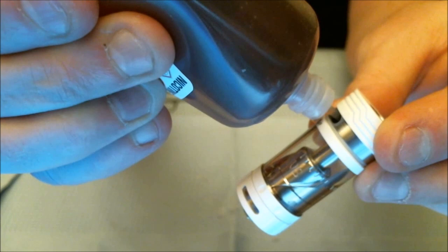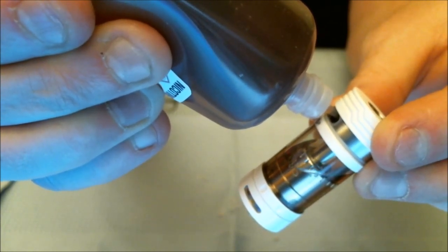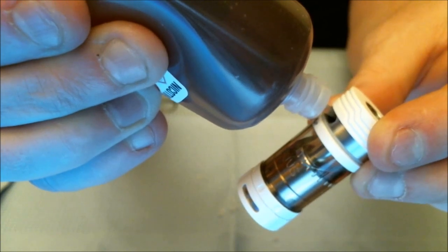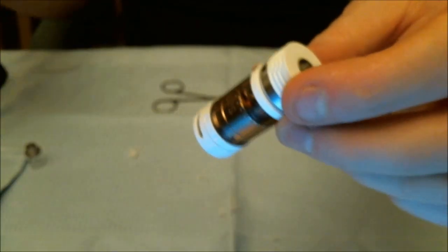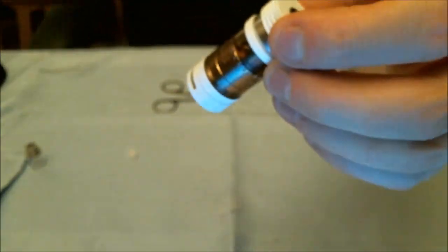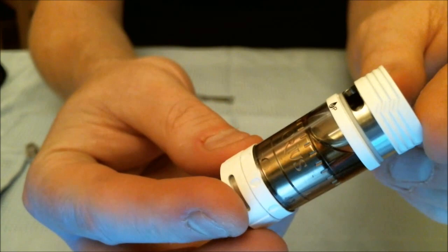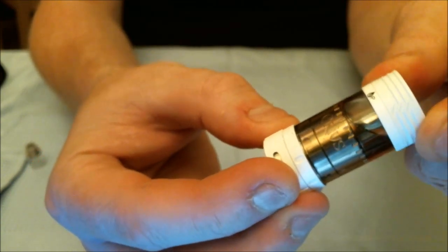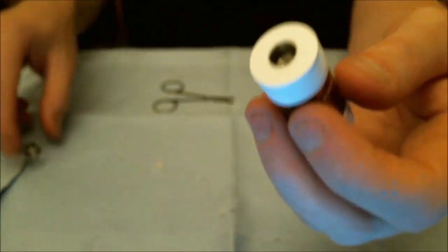Don't want too much in. Always leave a bit of a space at the top for air, don't fill it right up. So I've got a little bubble now, so just wipe off any excess if you get a bit of excess on there, and then you're ready. You've got a bit of an air bubble at the top there, close that up, and then you're ready to go. Put your drip tip on,